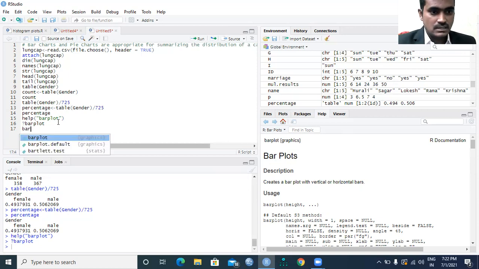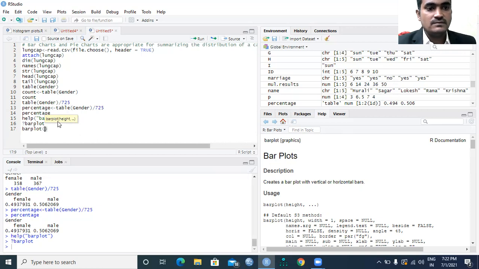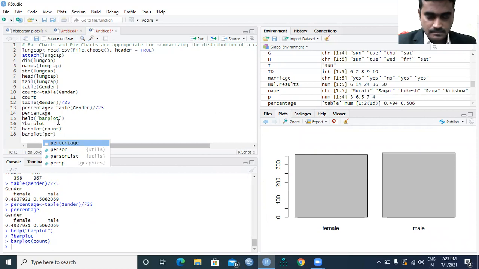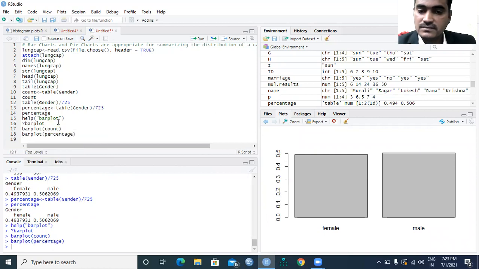Now I'm going to use the bar plot. So barplot of, first of all, what I want to do is count. So use this. You can see here the count has been given, the male and the female, right? Even if I want to visualize in terms of percentage, barplot of, see here, percentage, and use this. So you can visualize in terms of percentages,